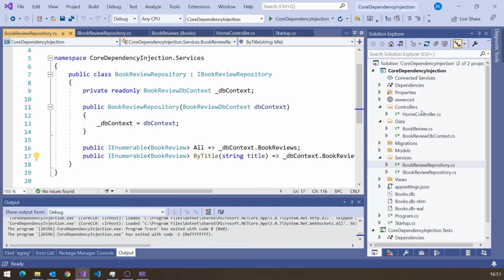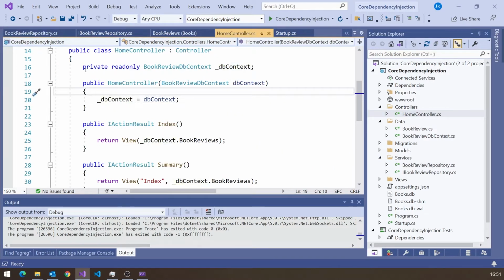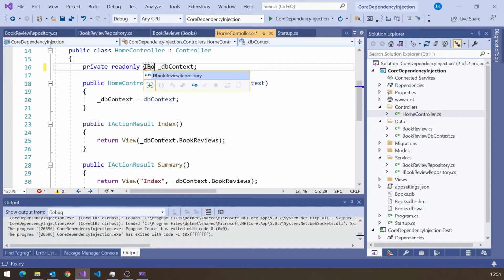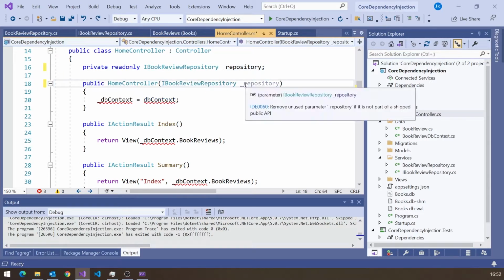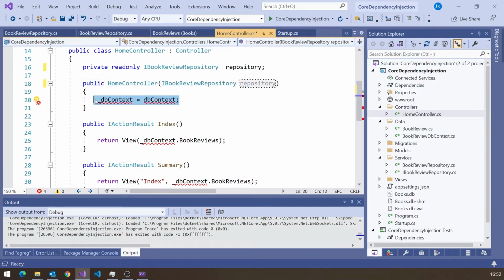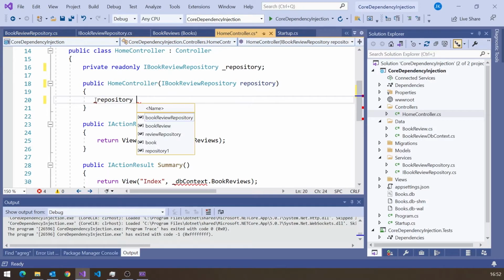And so what we can now do in our HomeController is forget about having the DB context. We're now just going to have this IBookReviewRepository that we'll call _repository, and we'll take that to be injected, and then we'll just say _repository equals repository.